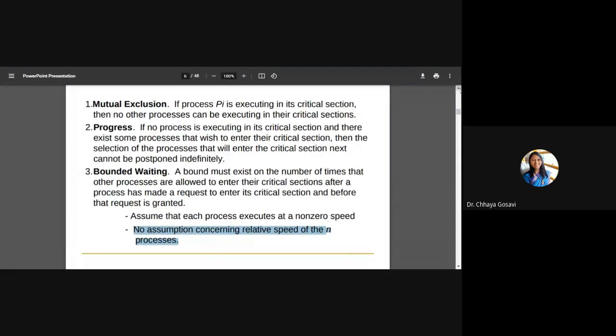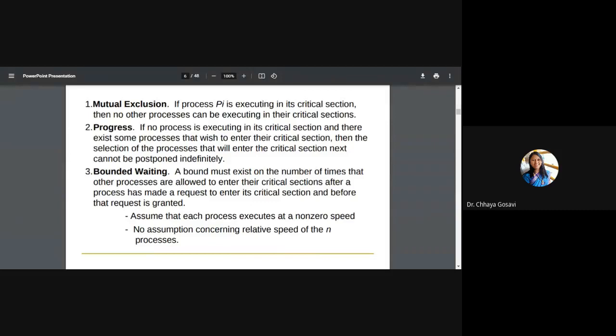First is mutual exclusion, meaning no sharing. Second is progress. If the critical section is free and processes are waiting outside, then processes are allowed to enter without waiting. You cannot postpone it indefinitely. And the third condition is bounded waiting. The waiting outside the critical section should be bounded. The process should not be starved. Once it has made a request, it should be allowed in finite time, bounded waiting.